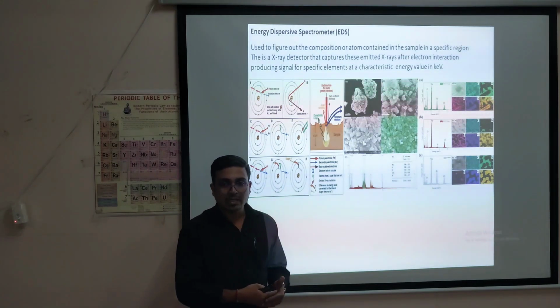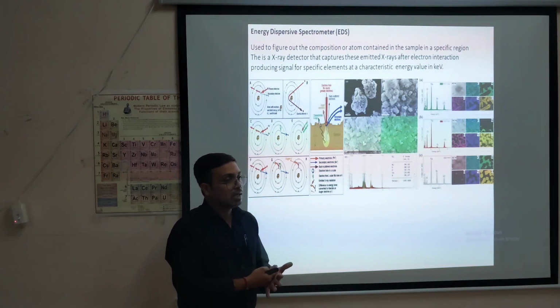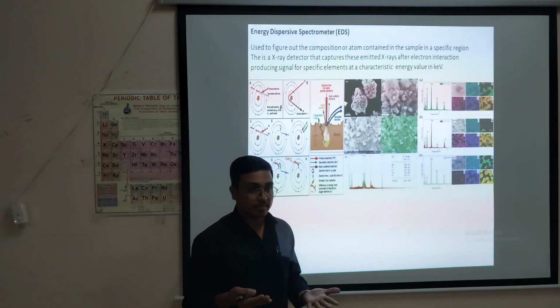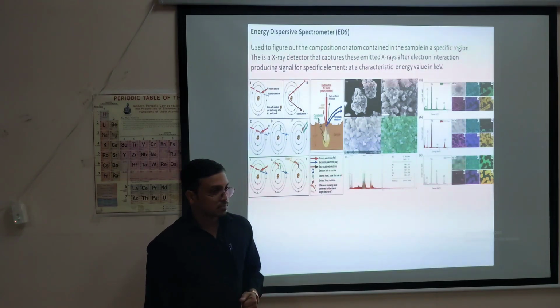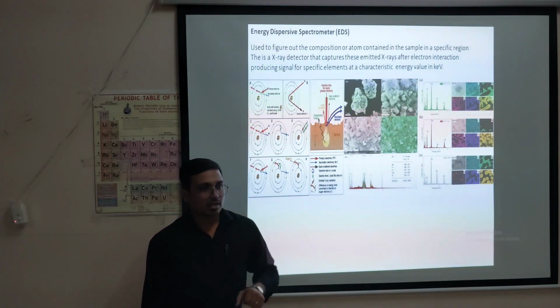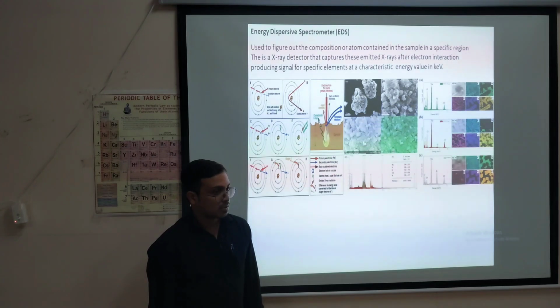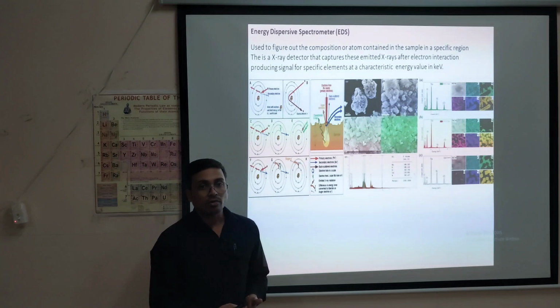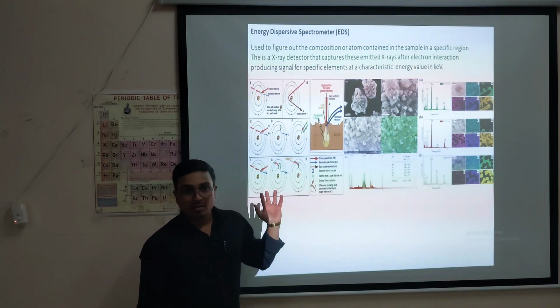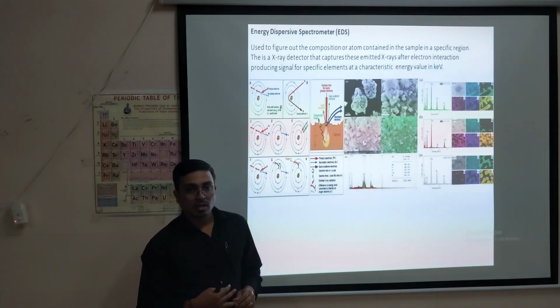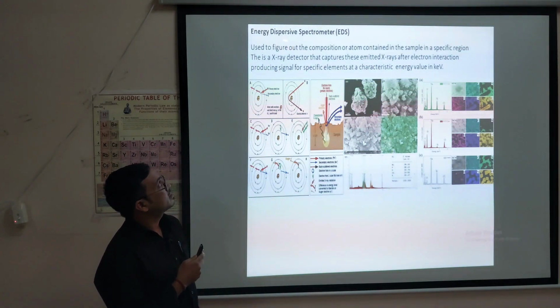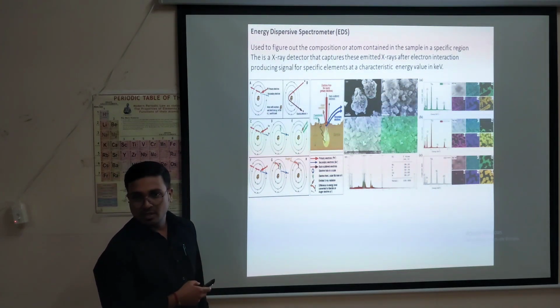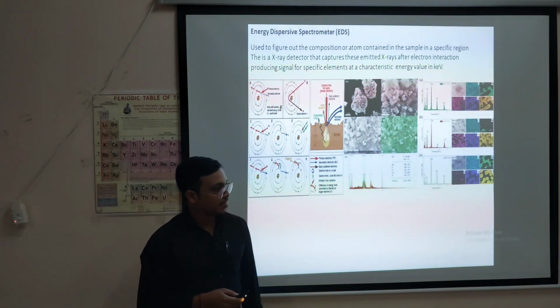From EDX data you will represent the composition of the system, and accordingly you will correlate it with the XPS. Remember, okay. So EDX will be correlated with the XPS, or elemental mapping with the distribution of the content of the system. In certain cases they also ask about the composition, and you have to verify it, or give the information from the elemental composition analysis or EDX analysis. Somewhere you will find this as EDX because the X-ray is coming, no? So that's why, or EDS, whatever you can write.